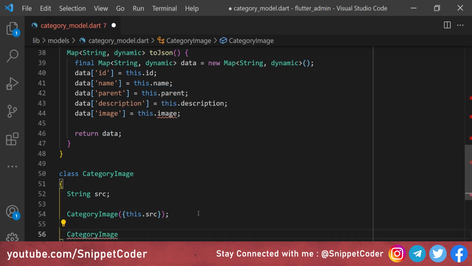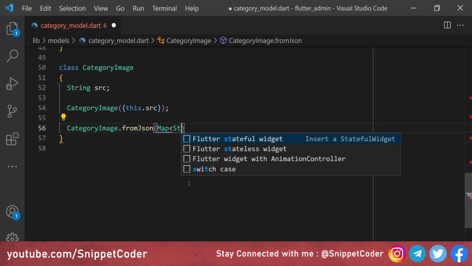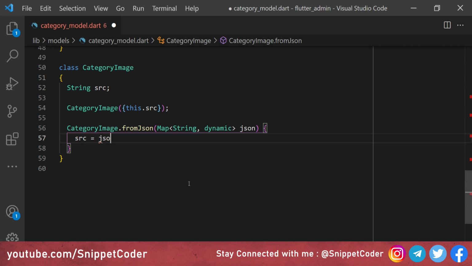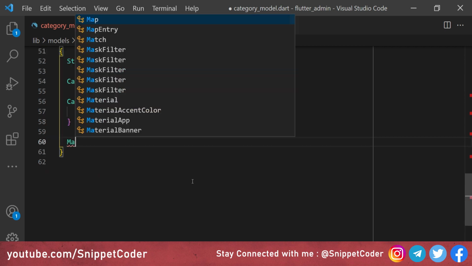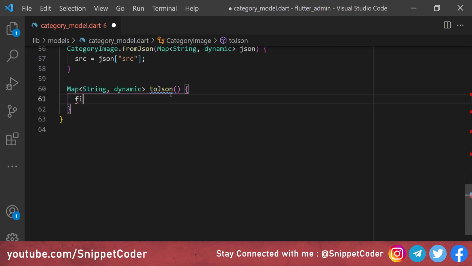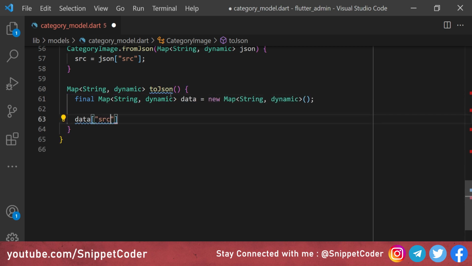Then we will have CategoryImage.fromJson(Map<String, dynamic> json), source is equal to json['src']. Then we will have Map<String, dynamic> toJson(), and here we will have final Map<String, dynamic> data is equal to new Map<String, dynamic>(); data['src'] is equal to this.source, and here we will return data.